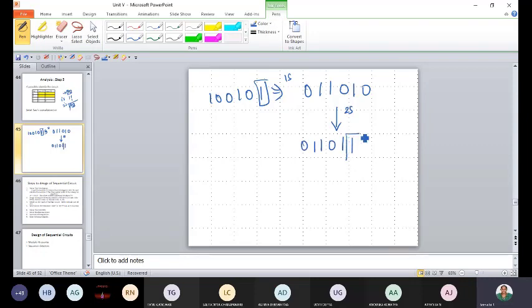Excluding your previous bits, here I can have a change. Here I'm having the same, whatever may be the input, the same input I'm getting. I'm not getting the complement. And one more example is 0, 1, 0, 0, 0 if I'm taking like this. So if I'm taking 1's complement for this, 1, 0, 1, 1, and then the 2's complement of this will be 1, 1, 0, 0.